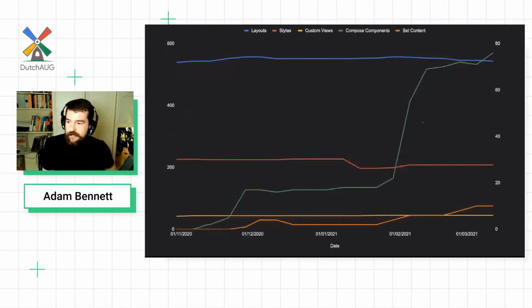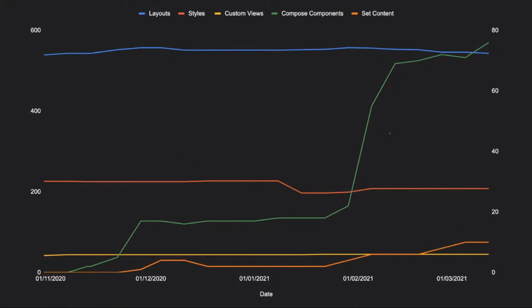Just to share the most recent results. You can see here the blue line, we've got over 500 layouts. And you can see the orange line at the bottom. This is roughly how many fully composed layouts we have, and it's about 10. But the interesting thing is you can see here, back in November, we started adding bits and pieces. This is when we started adding the themes. And you can see at the end of January, this is when we decided that it was stable enough and we wanted to go the whole hog. And since then, it's been growing kind of exponentially.